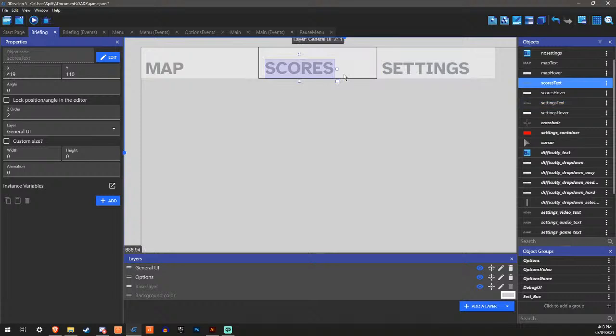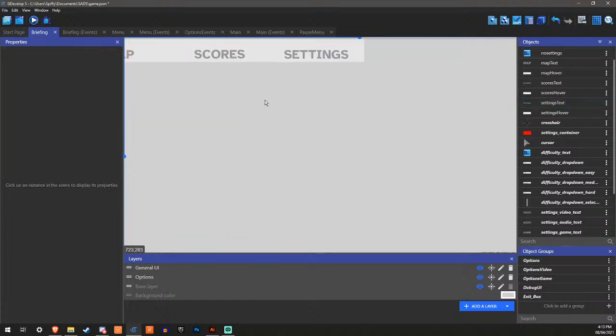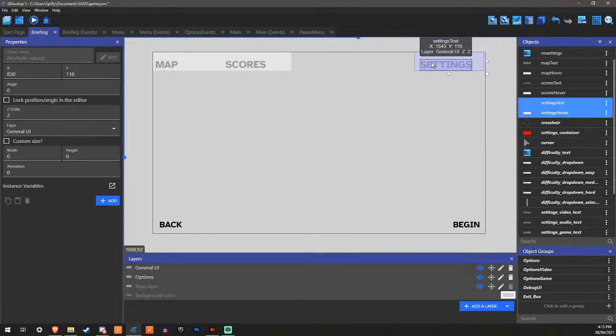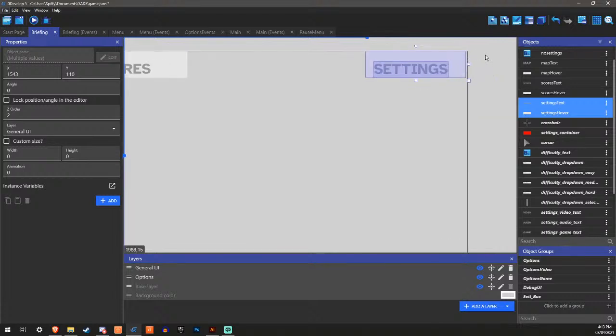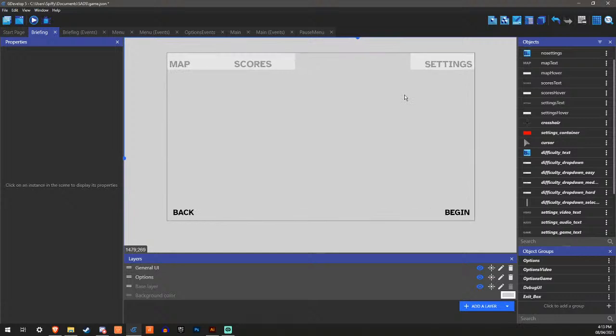Okay, that needs to be around 8:30, should be fine. Cool. Actually, settings should be on the right. Since there's no X on the right, X is going to be back here at the bottom. So it should be on the right here. Cool. Okay, that's good.